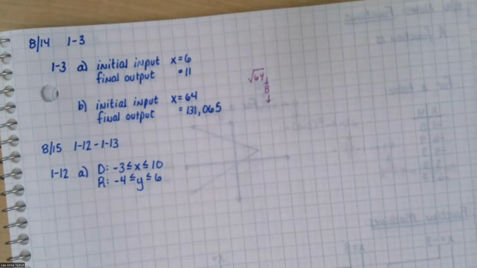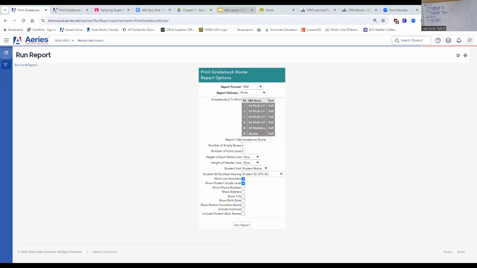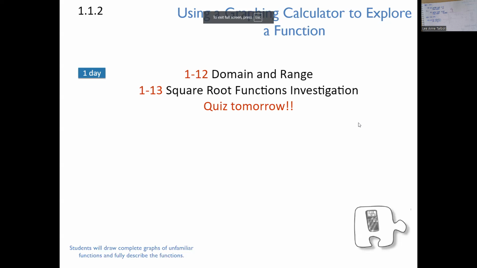Okay. Let's look at my super fun agenda that I made. So we're going to do 2 problems today. The first problem is more domain and range stuff. The second problem is a square root function investigation. So you guys know some functions already. We've talked about lines, we've talked about parabolas, some with factoring. You probably haven't grasped the square root function before. You're actually going to make a poster in your groups, arts and crafts, but you're not going to finish it today. I'm going to give you more time to finish it tomorrow. So just to let you know,